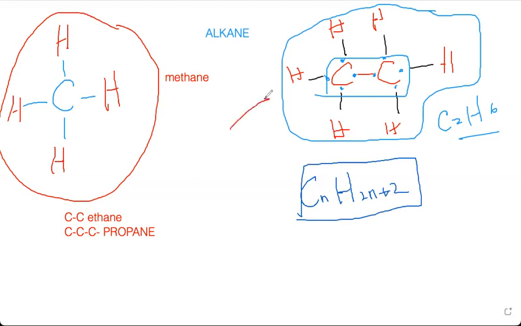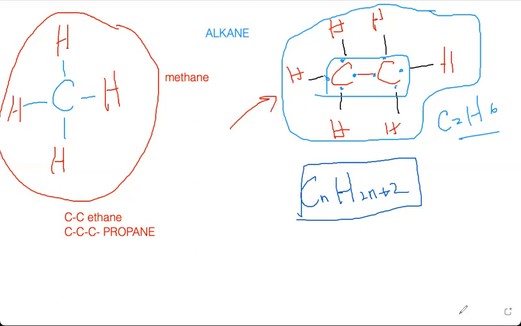But this one, the structure method, is the easiest, because if I ask you the formula of propane, you should know how many carbons are there. So you can write those three carbons on paper and then fill the rest of the bonds of the carbon with hydrogen. You can easily find the formula of propane. But if you say, no miss, the formula is easier, so you can see this is the formula.